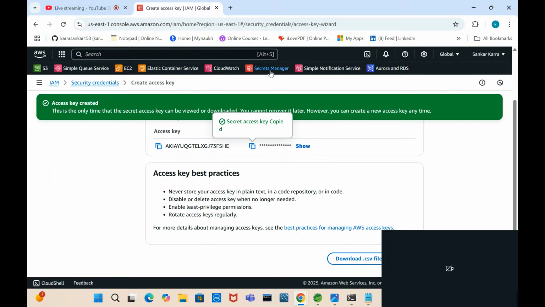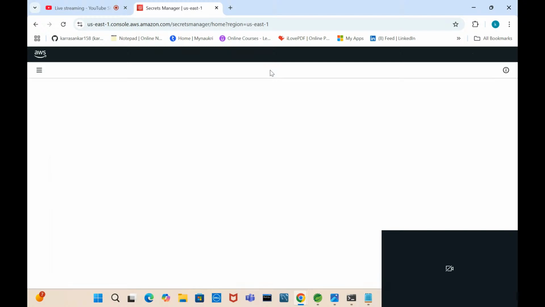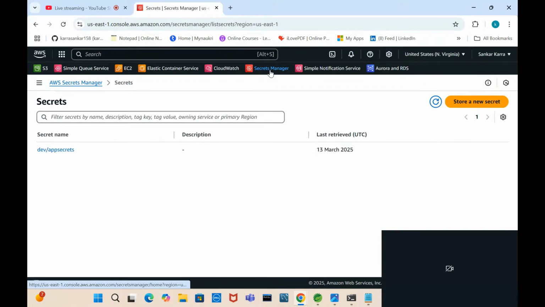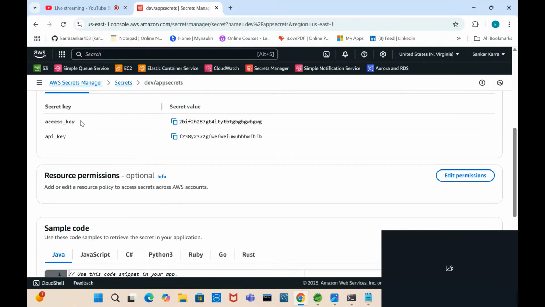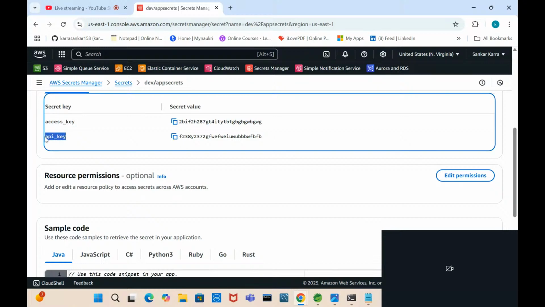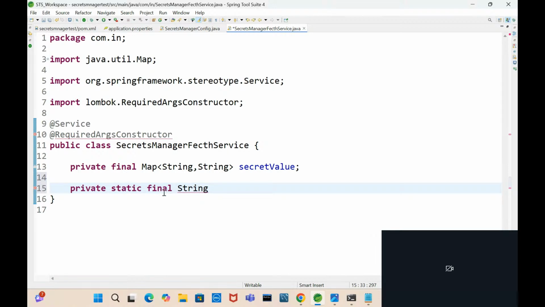So go to AWS Secrets Manager. Secrets were added like access key, right? Suppose API key. Let's take API key. So now private static final String API_KEY;